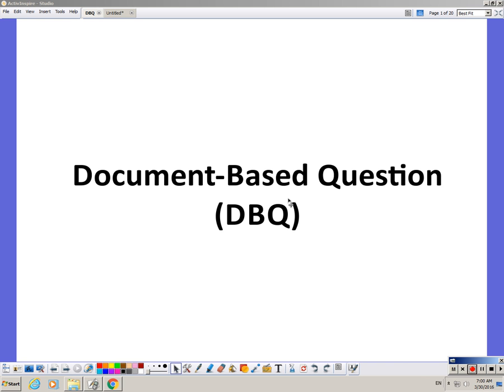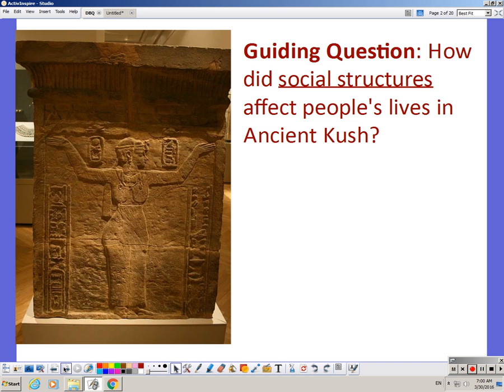Our goal for today is to analyze sources through the lens of a question. This is also known as a document-based question. The guiding or document-based question that we've been using for this unit is, how did social structures affect people's lives